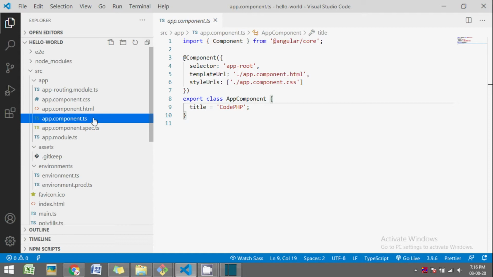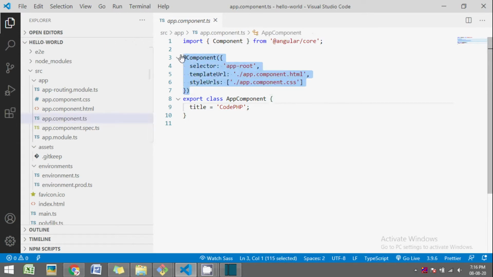Finally, a component has metadata attached to it, and this is the information that Angular needs to decide if the particular class is an Angular component or just a regular class. It is defined using a decorator, which is a feature in TypeScript. A decorator is just a function that provides information about the class attached to it. For a component we use the component decorator. So if we put together a template, a class and some metadata, we get an Angular component.